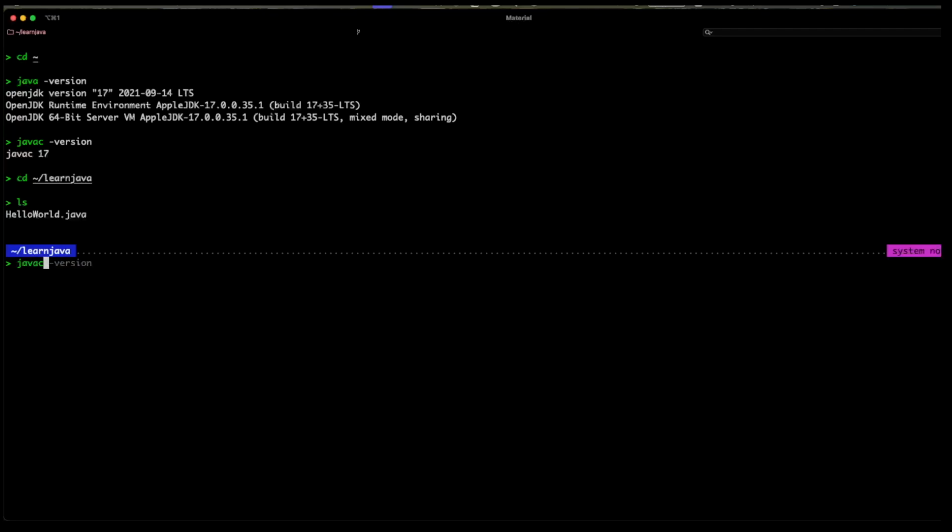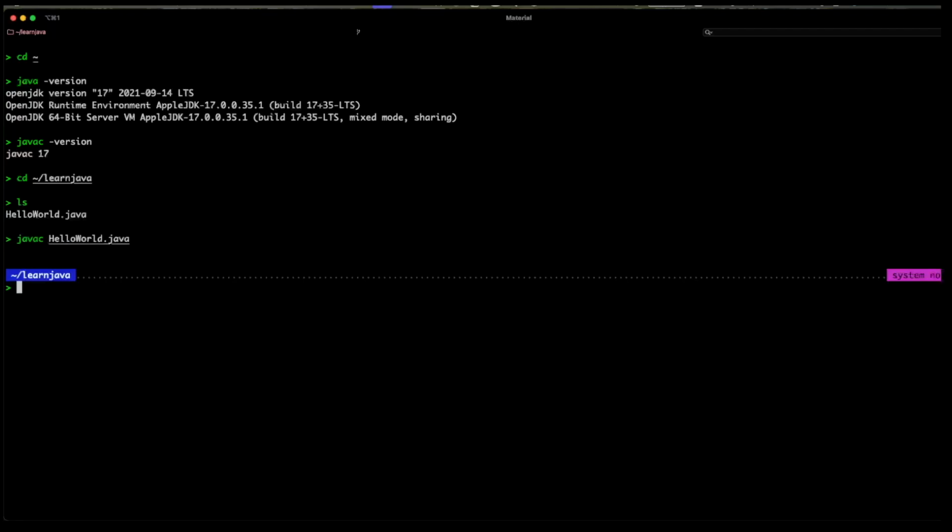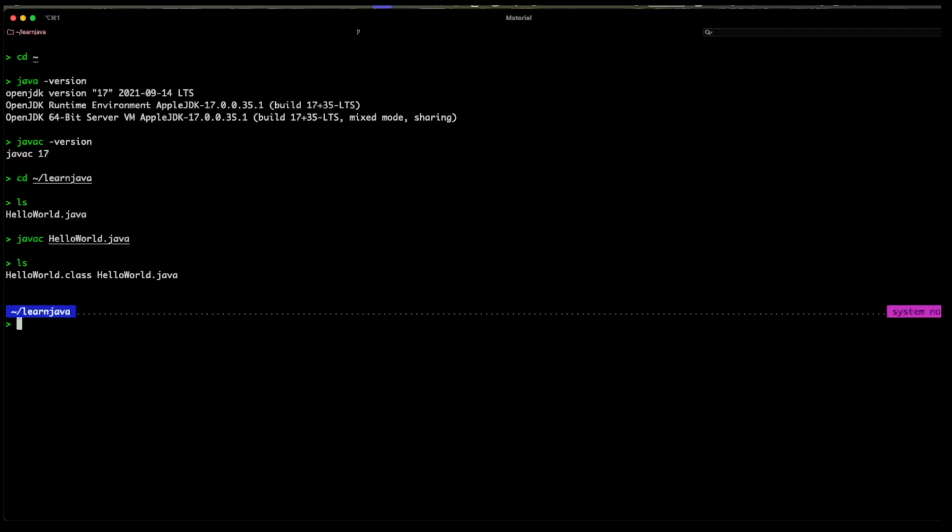The first step is to compile this program, meaning you are translating the Java file into something that the Java runtime environment understands. So javac HelloWorld.java. If there are no typos or anything, it should compile successfully without giving any message out. You can verify that it compiled successfully by doing a listing of the directory, and you will see a new file called HelloWorld.class created.